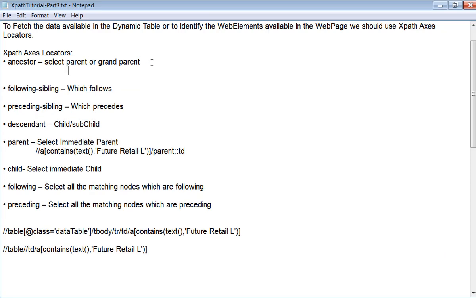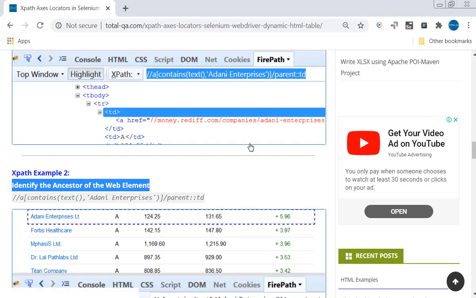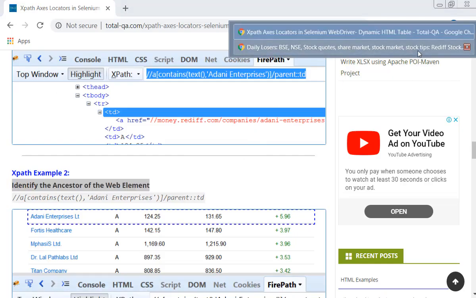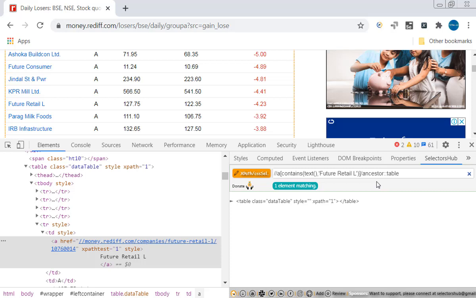Just give an example for that. And it is not only the grandparent, you can even select the parent also. Suppose in our case here, let me show the example. Suppose in our case, we wanted to select TD. TD is the parent, but we can even use ancestor and select TD here.